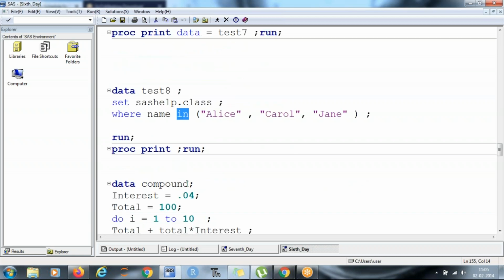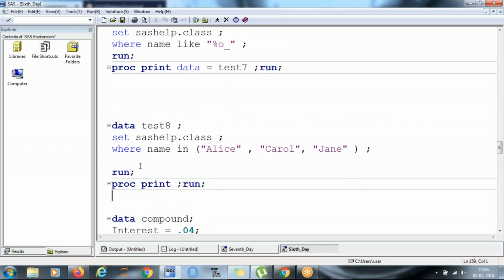Now moving on to the next piece. This is a do loop, right? So I'm going to cover the do loop, which lets me run my logic for a certain condition. So let's think of a case where I give you 100 rupees, and as per the current market rate, the current saving rate is 4%. Now, how many years would it take for my money to double?